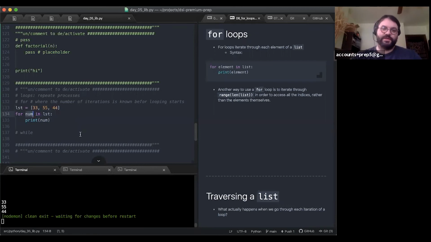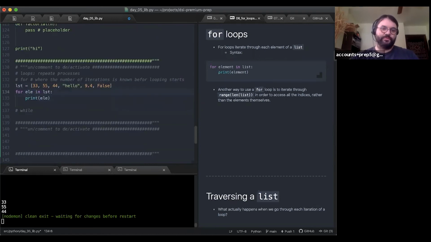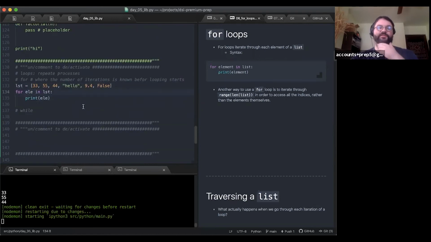If I have a list with mixed data, I'm usually just lazy and call this ele, or elem, which are all shorthands that I use for element. I usually use ele for element. So for element in list, print element.